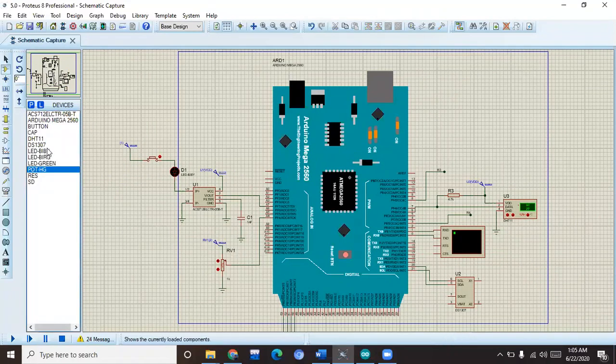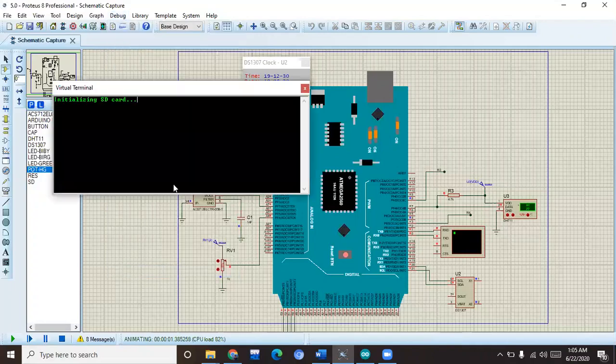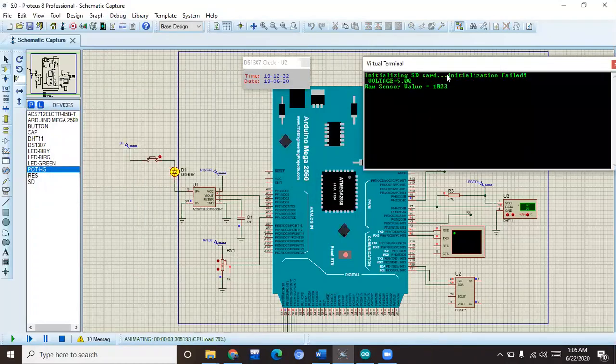Okay, so here I just run the file, debug. Here you can see initializing SD card. As there is no SD card here, the message will show initializing failed. Voltage, I have set here 5 volts and resistance is 0, so it would be 5 volts.